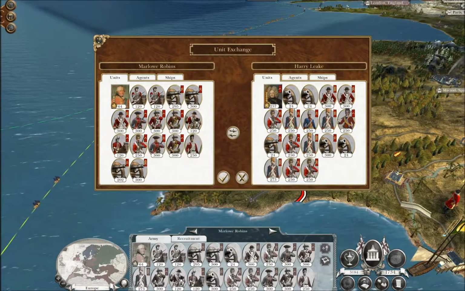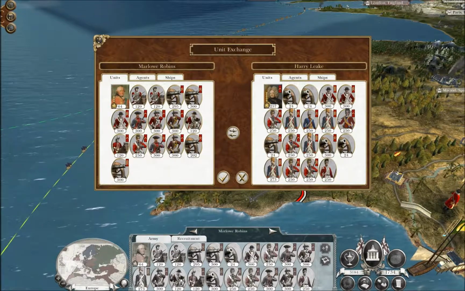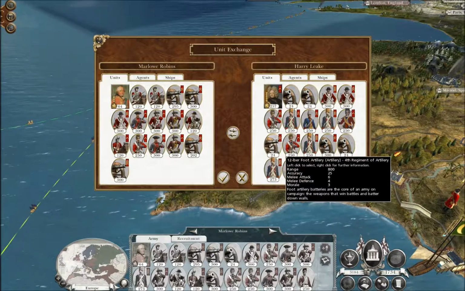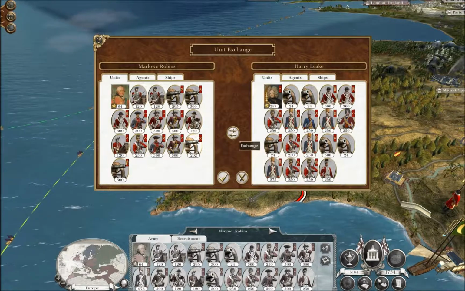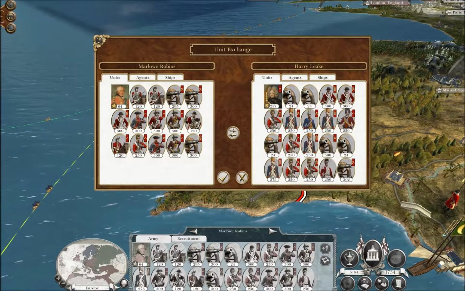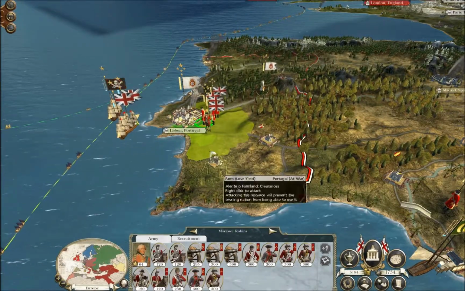Take these grenadiers. Royal Welsh Fusiliers, we'll take them. Yeah, we really need one. I think we only need one, maybe two actually, thinking about it. I'm going to take two pieces of long-range artillery to knock down the walls. Okay, so